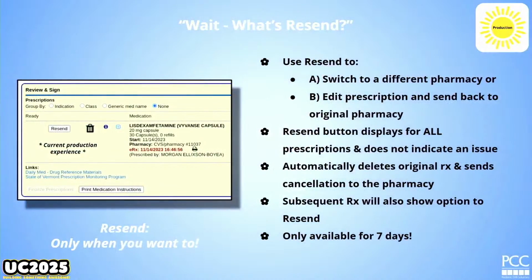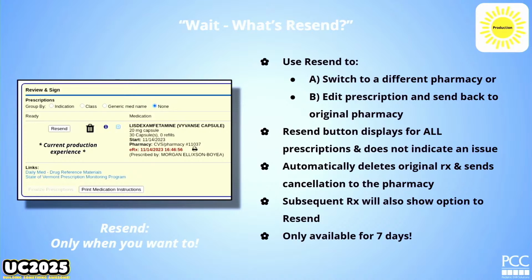Let's see what else I wrote here. Oh, yes, it's only available for 7 days. And bear with me, I think that this largely makes sense. You're going to know if the patient and the pharmacy aren't able to get that in stock within a couple days. Otherwise, I feel like people might be going back to a prescription from 6 months and trying to resend it. You don't want to do that. You just want to write a fresh prescription. This is sort of that immediate term situation with the pharmacy. I know sometimes they don't show up to the pharmacy for a couple of days. So 7 days felt like enough time to do that.